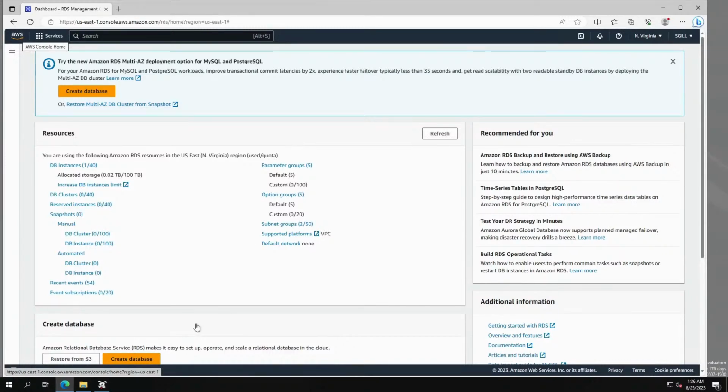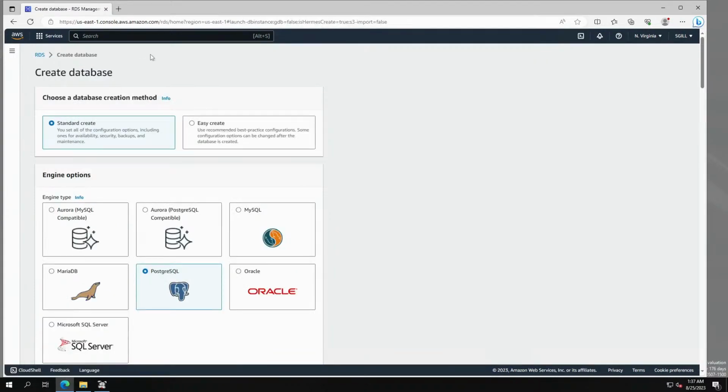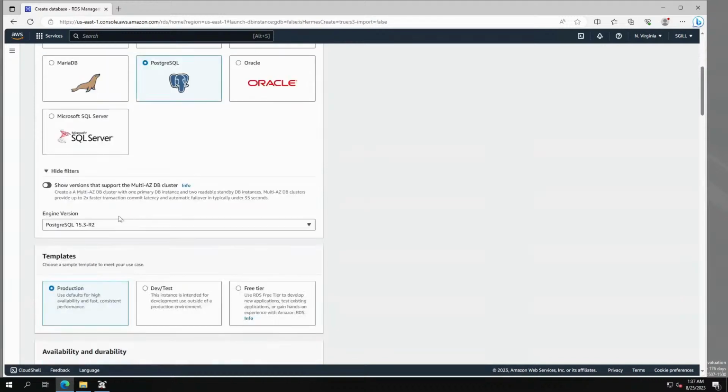Hello friends, we are going to create a database on Amazon Cloud. This is the SQL Server Express version. Let us get started. First of all, we will go to create database. This comes under RDS, relational data services. I will prefer to go under the standard create,